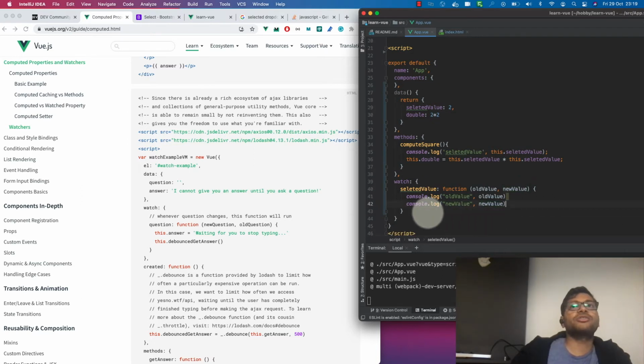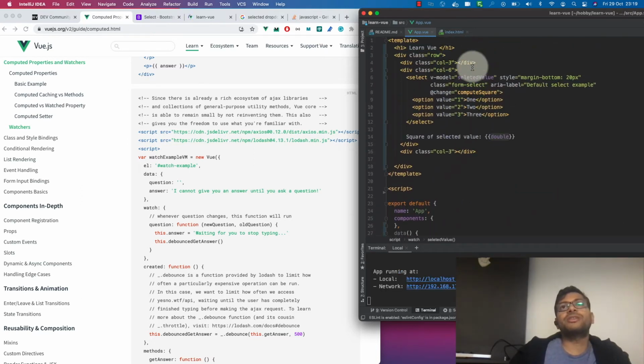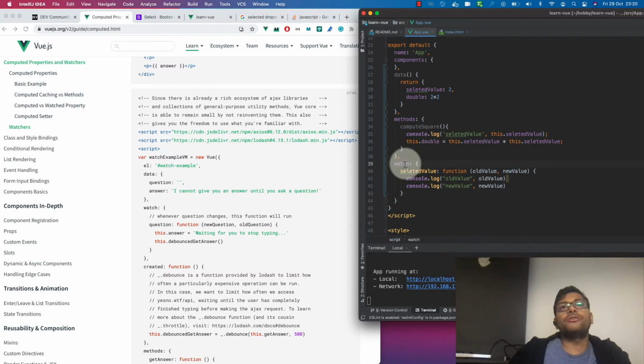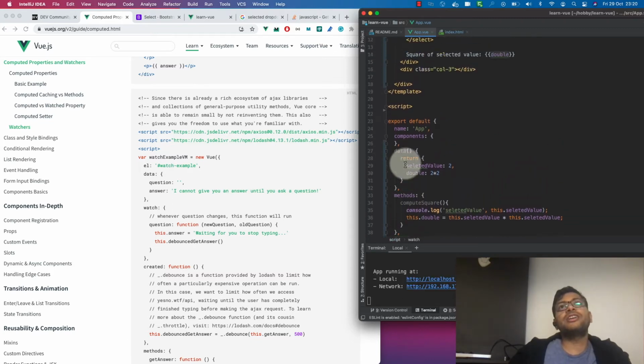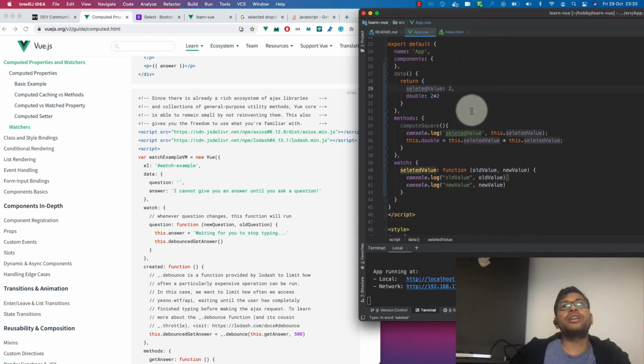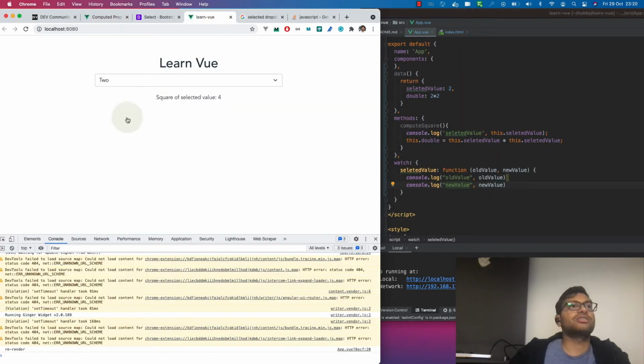Let's remove this function computeSquare, and we can just use the watcher to compute the square. First we will see if the value changes. When we change it, we should get the old value and new value in the console.